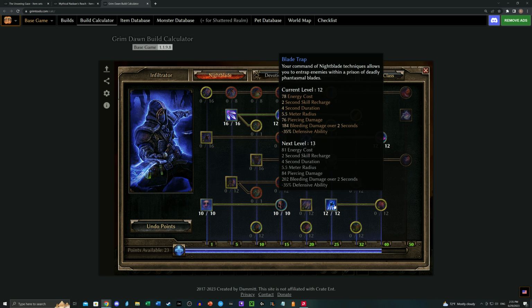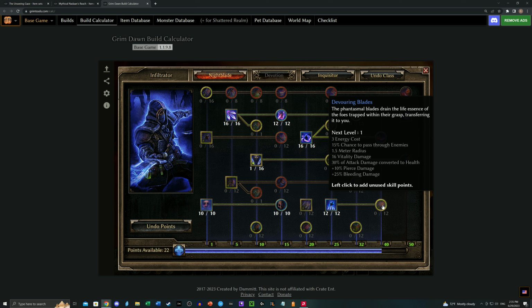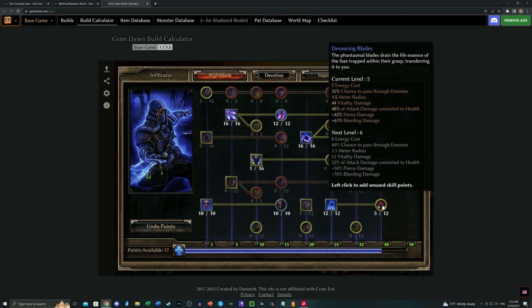Blade Trap is interesting because I don't use Blade Trap a lot, because you're in melee. There's not a whole lot of situations in which you're going to be throwing down a Blade Trap when you have access to at least 1 point in Shadow Strike and teleporting there, basically, anyways, right? You're not really seeing a lot of situations in which Blade Trap is hugely useful here. Even if you run all the way to Devouring Blades, which does increase your Pierce and Bleed, does convert some of this,